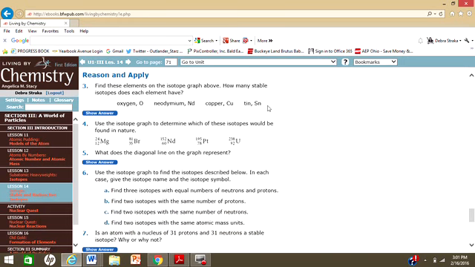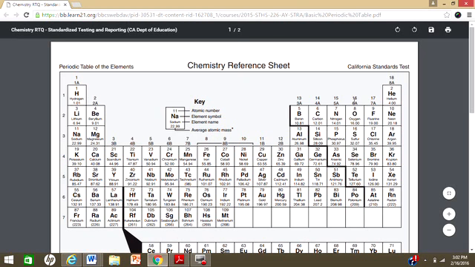Number 3, find these elements on the isotope graph. How many stable isotopes does each element have? So I'm going to help you with oxygen so you can see. So the first thing you have to do in order to use the isotope chart is to find oxygen on the periodic table, find its number of protons, which is 8,